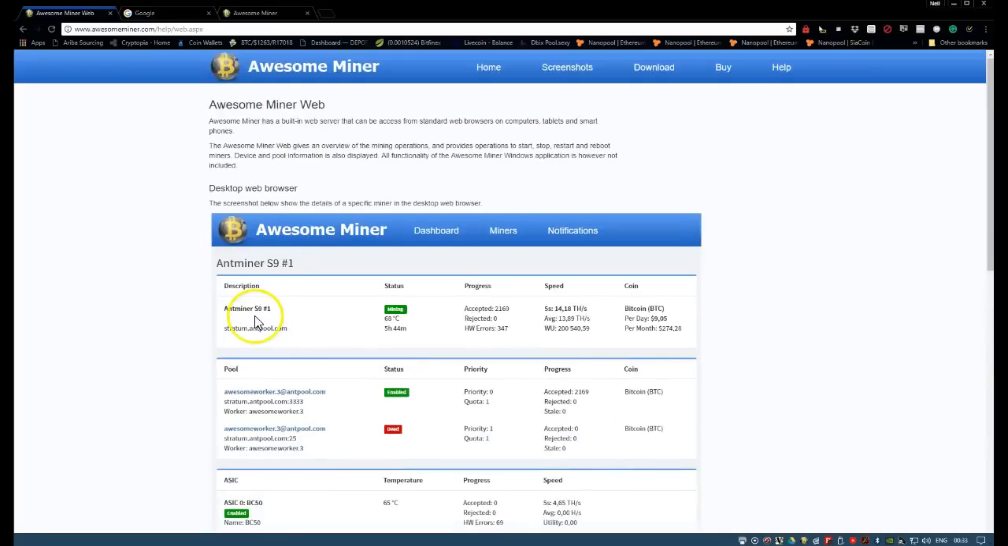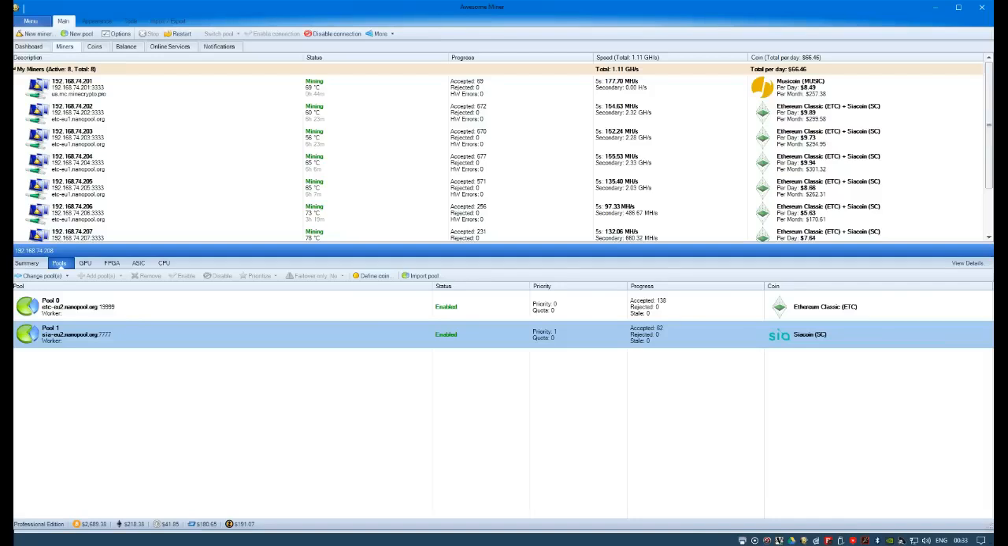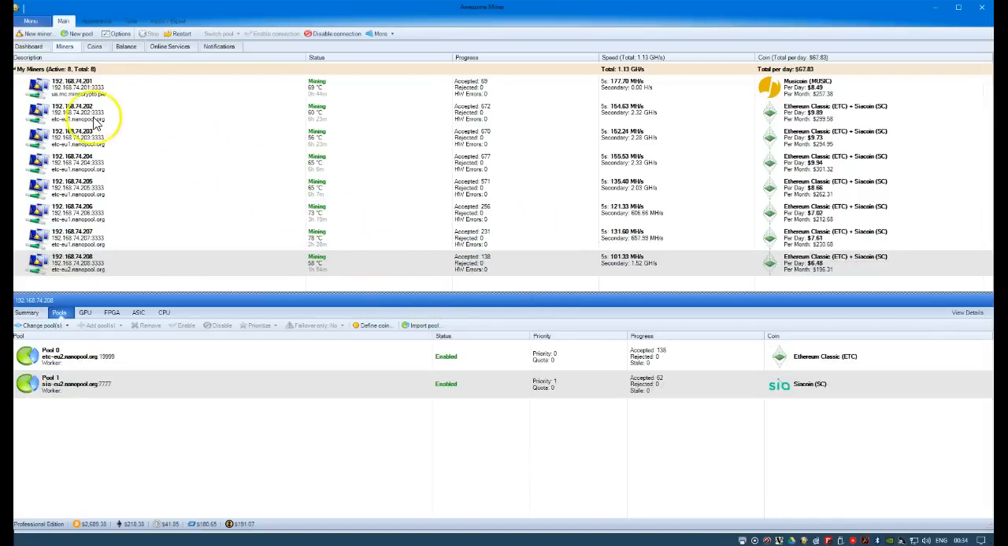So yeah, let's get started. If you go to Awesome Miner, I've got my miners just running on the side here. If you go inside options,